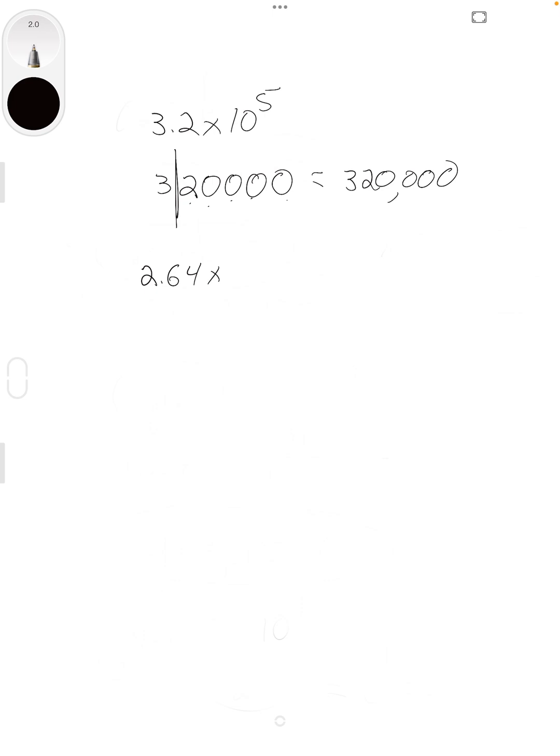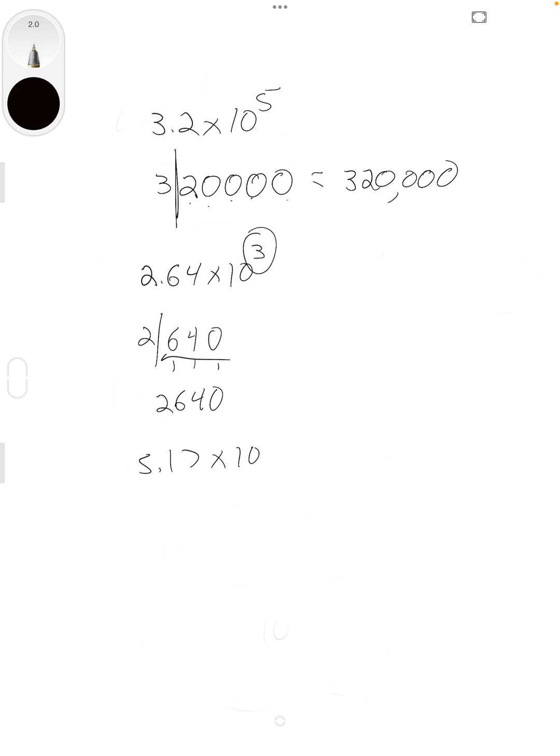Okay, 2.64 times 10 to the 3rd. Okay, all right, 2640. Again, there's 1, 2, 3. If this is a positive exponent, that means it's going to be a number bigger than 1. What if I have